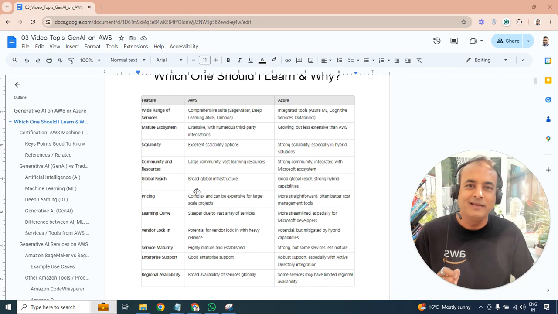Now, pricing is much more complicated on AWS, because we were doing a training program on AWS generative AI and machine learning. The prices were a little more complex, but it does pretty well, and AWS also suggests recommendations to reduce the price. Whereas Microsoft Azure has a very straightforward pricing point of view, and better cost management as well.